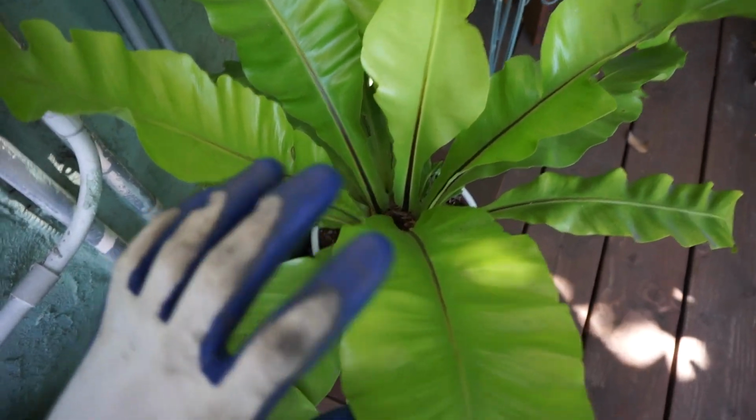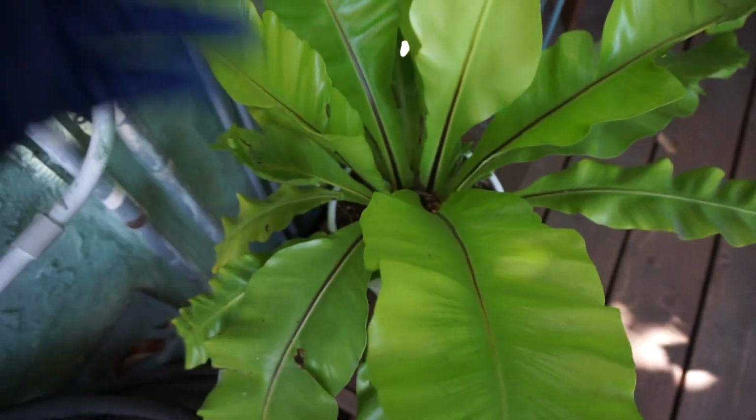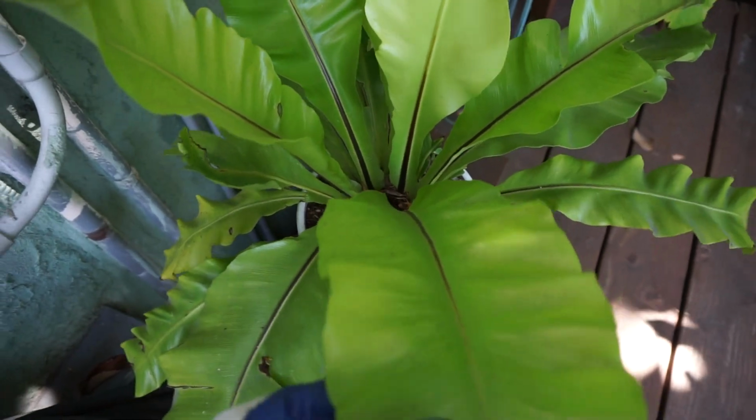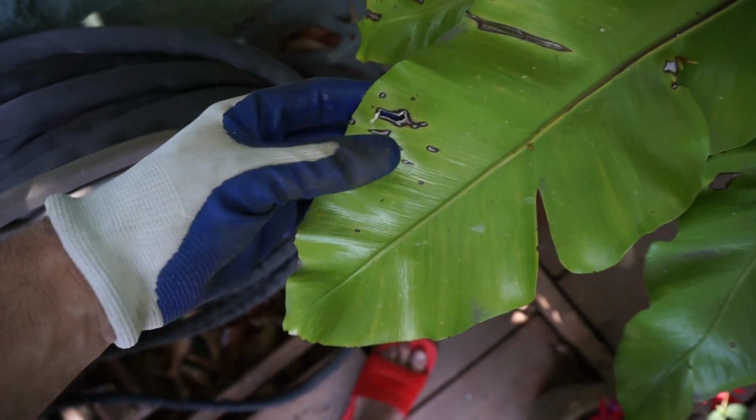increase the humidity. Maybe move it inside where it's more humid, or if you put it near a pond or something with a little bit more humidity in the air, it'll help. You'll notice that it'll start looking a little bit fresher. So brown spots like this, it needs more humidity, and also the soil is dry or